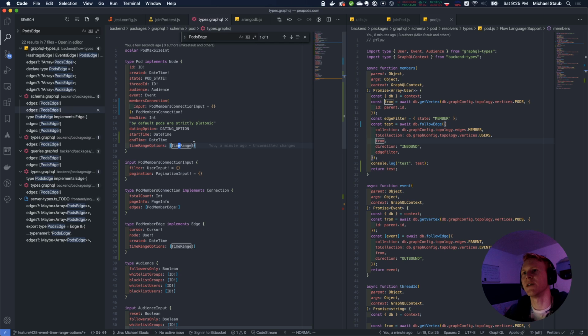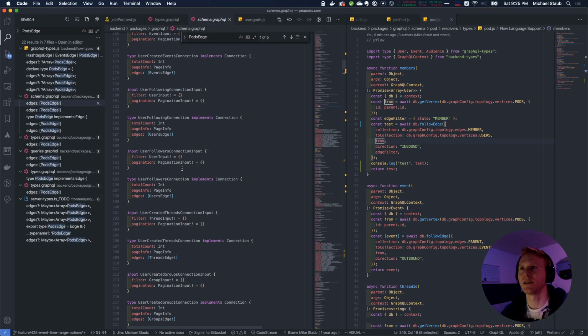It might be an efficiency thing, because now we've got to implement another query, which basically says get all time ranges users pods connection. So this returns all the pods, but when we're scrolling on the UI, so let me just